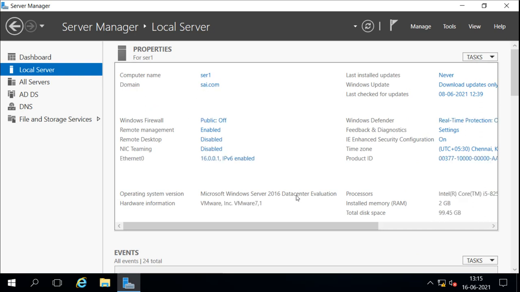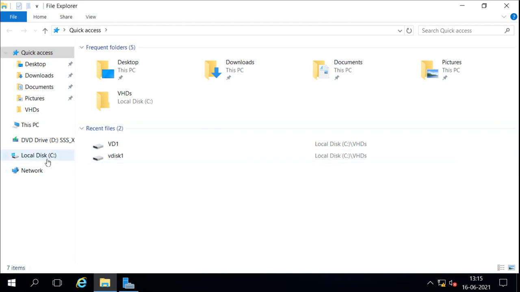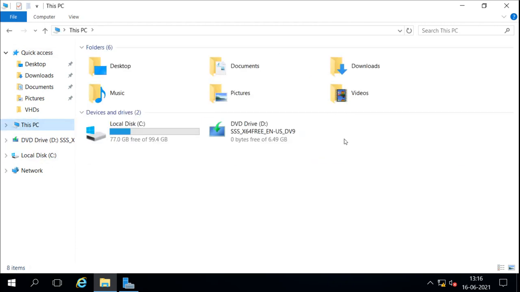It is already configured. Now if you see here, the virtual disk is now detached. That means it is automatically detached, because we have mounted it, booted it, and rebooted, and it is not deleted, it is still available here.